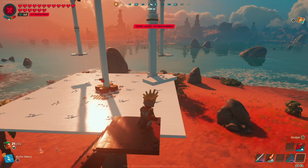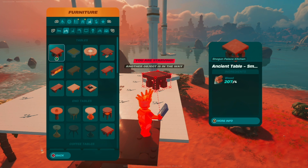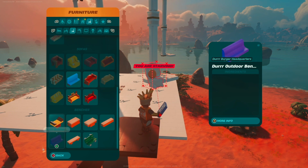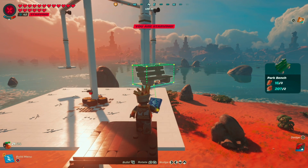The purpose of these platforms is to place down seats so that when we have guests and our friends over, we can send them on the ride and have them puke up their Durburger all over the place. And the way we're going to do that is we're going to come into our furniture section and move on over to seating. Now at this point, you can use any seats, but what I'd like to do is I'm just going to put these little park benches on here for now